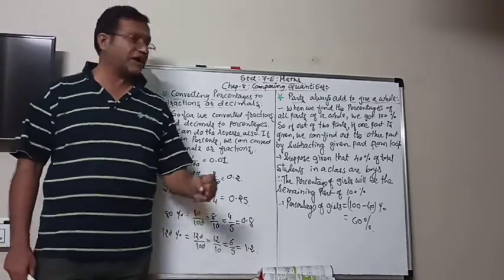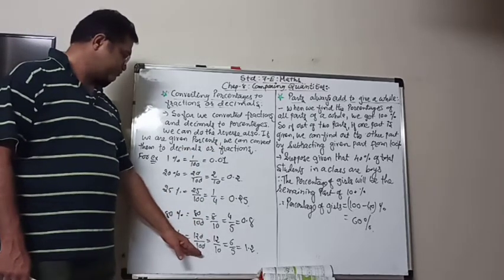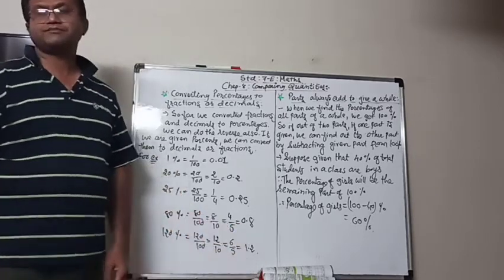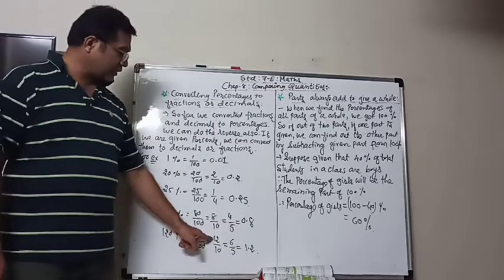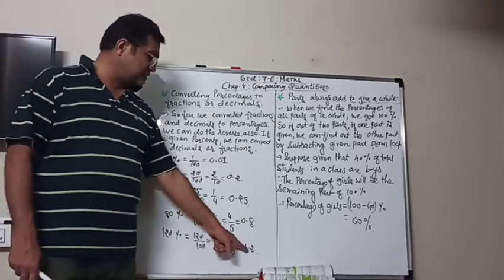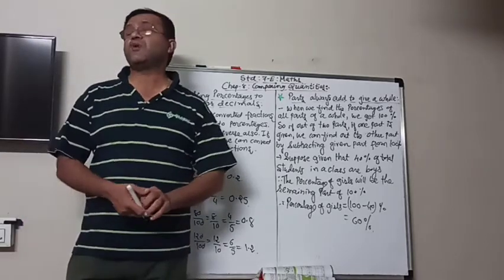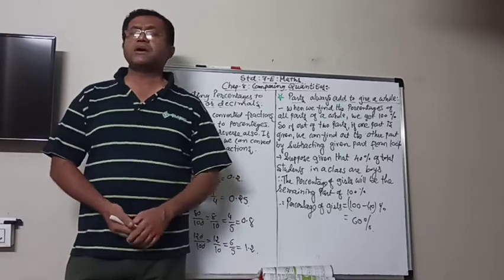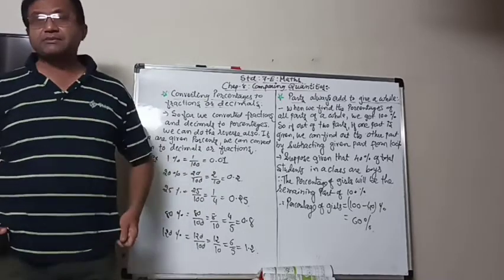120%. If it is 120%, then 120 upon 100, 12 upon 10, and the simplest form is 6 upon 5. So that is the fraction form. But if you want the decimal form, from here it is 10 in the denominator, so the answer in decimal form will be 1.2. So according to the requirement in the examples, we need to convert them either into the fractional form or the decimal form.